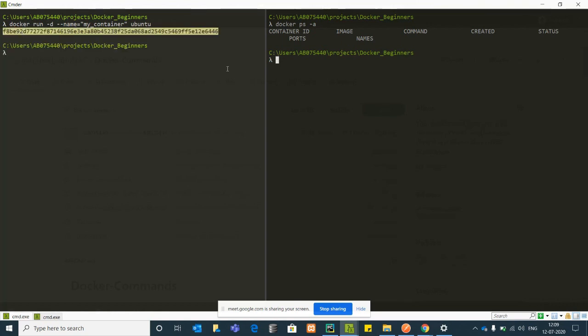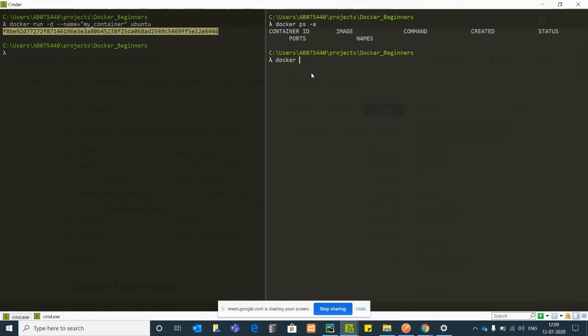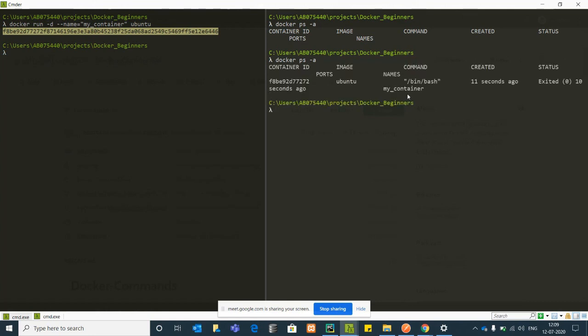Now it went into the detached mode, and we will see whether the container name is assigned to it. docker ps -a. You can see how we can name our container like this. This is providing a custom name for that container.